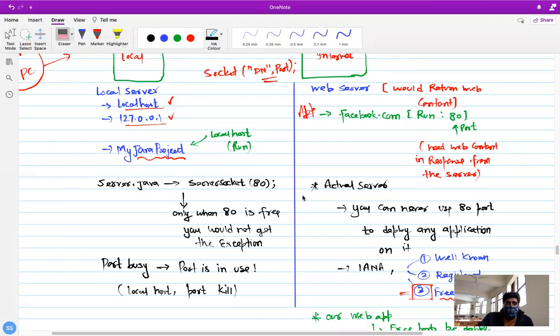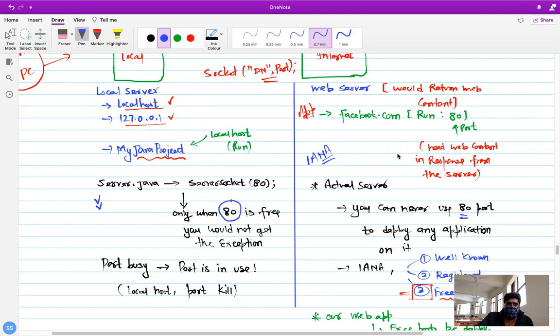Actually, over the server, this port number is always fixed for web services to respond. So if you are using the web server, you cannot use this port number. At the local host level, you can customize everything. But web services follow the international rules set by the IANA authority. By default, your server would follow these rules as well, but you can customize them. You can make this port number free.